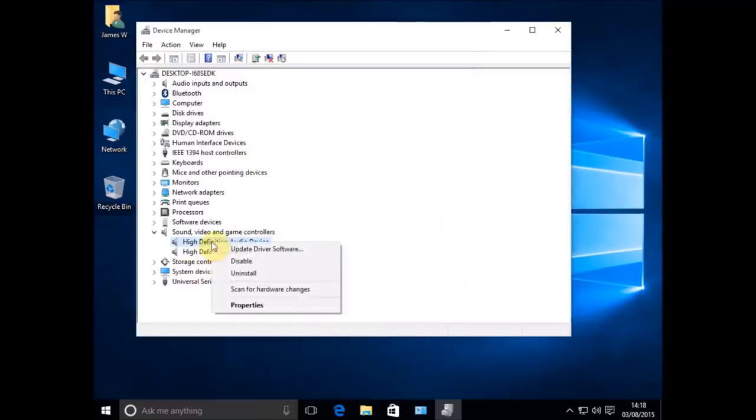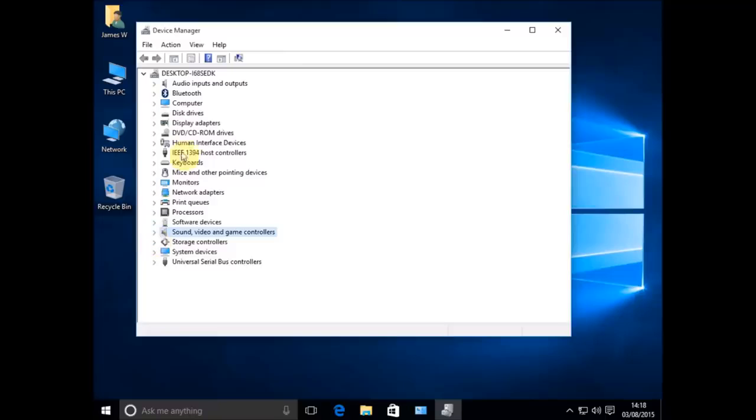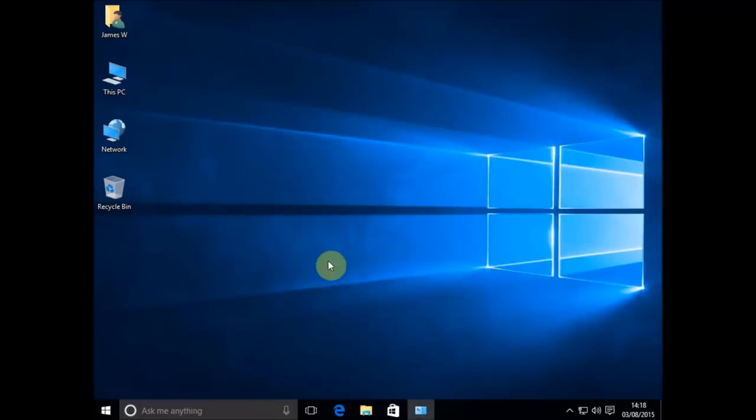But it's not, so I'm going to just right click and uninstall, and I'm going to uninstall both of those, which I recommend you do, and then just reboot Windows, and when it comes back to life it will reinstall your sound hardware, hopefully with the correct drivers, and that may well solve your problem. But if you do that and you've still got no sound, then there's some other settings that we just need